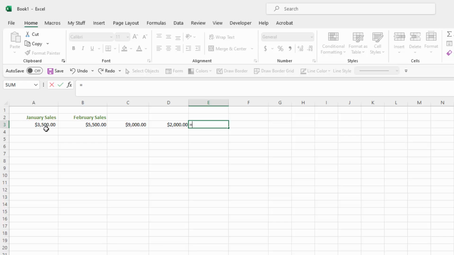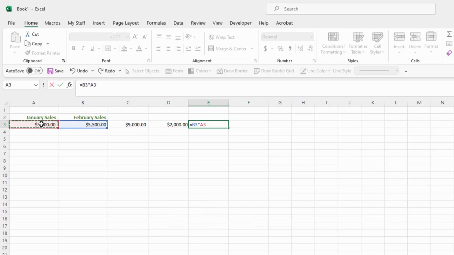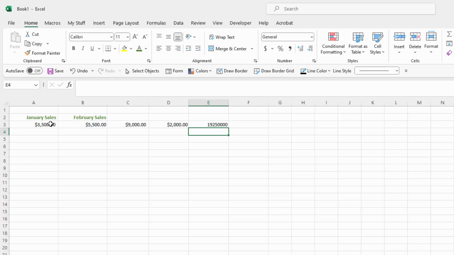Equal. We're going to click on the first cell to multiply, and you'll see that on your keyboard there is no multiplication sign that you know of. It's not the X symbol. What we're going to do is use the asterisk. So we're going to tap the asterisk and then the second cell that we want to multiply, and here is the answer. So an asterisk is the multiplication sign, and if we want to divide, then again equals, and then